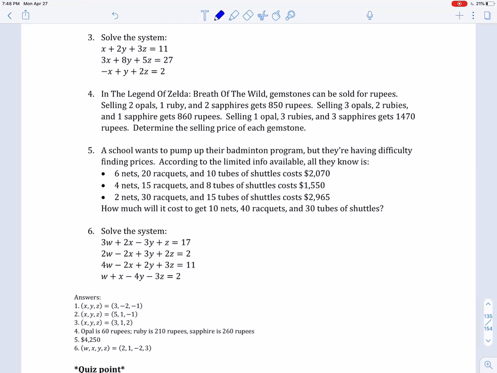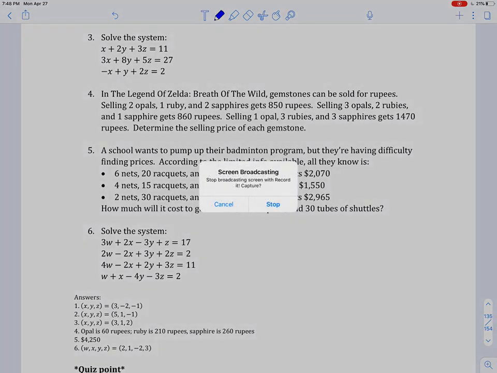That is it for today's lesson. On the next page, you have some practice. Okay, so please take a peek at these. There's 6 questions. Go ahead and take your time, check your